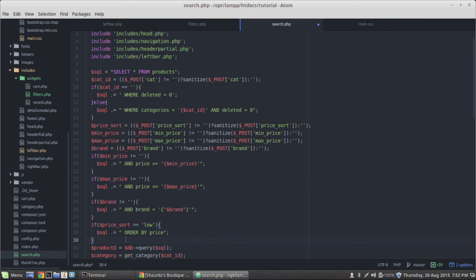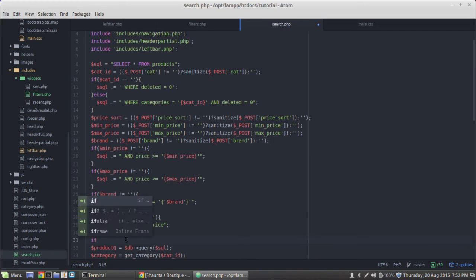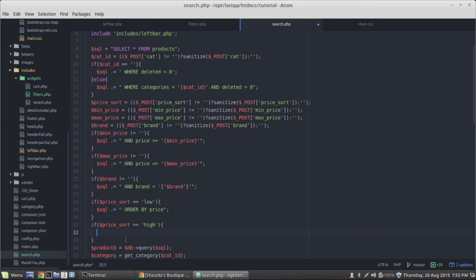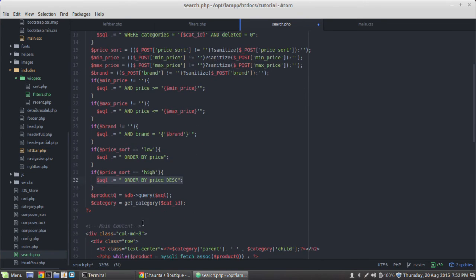Okay, so then what we can do is we can say if price sort is equal to high, then we're going to say SQL, and we'll concatenate on order by price again, but now we need to say descending. So it's going to go from highest to lowest. Now, by the end of these checks and all of this, our SQL is built up where we want it. So then this SQL gets run through this product query, and